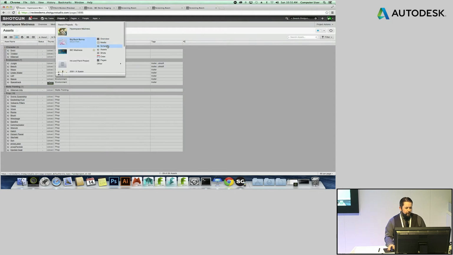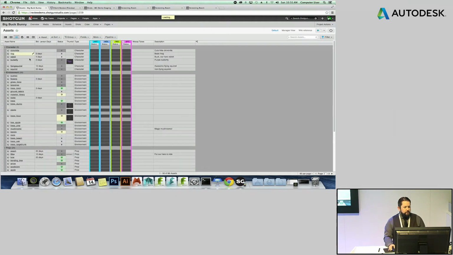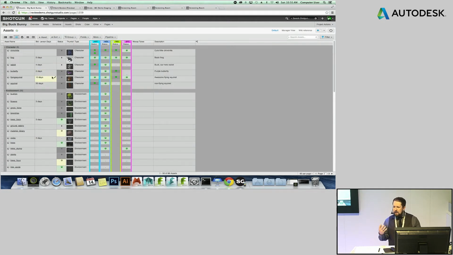Or let me show you one in one of my other projects here. This is actually a little better example. So I can look at a spreadsheet view of these assets. And here, this is a nice high-level view that's great for producers, production managers. So I can see all my assets, and then I can see at a high level how they're progressing through the pipeline. So this is showing me my task level, my detailed task level information, but up on an overall